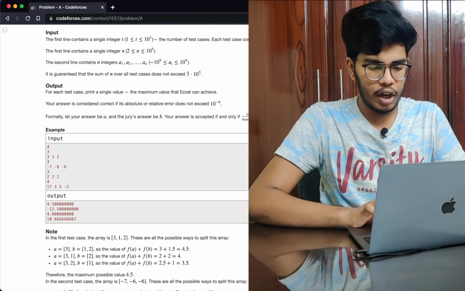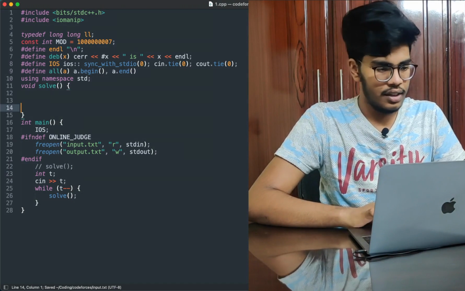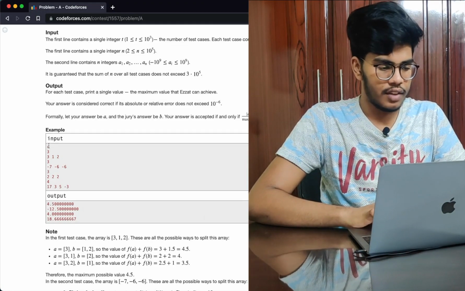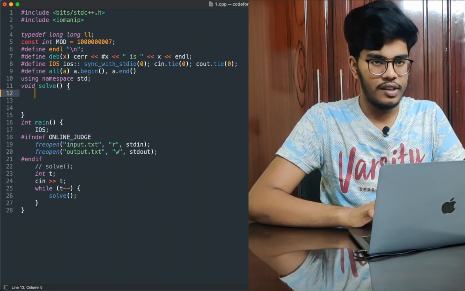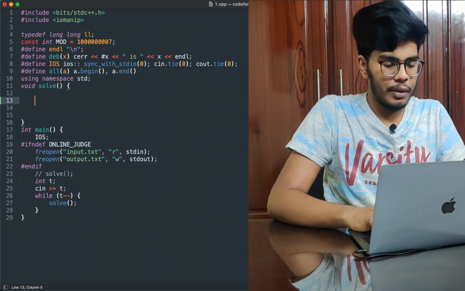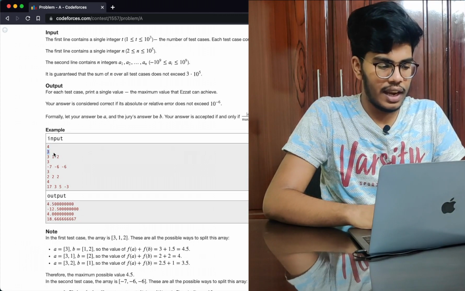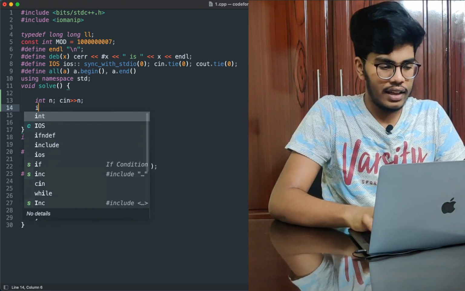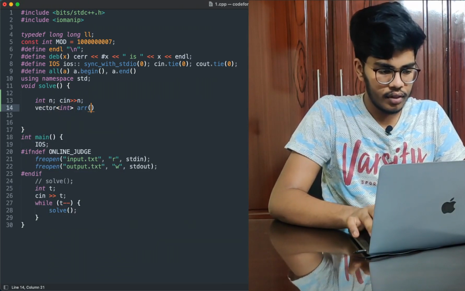So this is the question. Let me copy the test cases to our editor. I'll copy the test cases here, and there are t test cases in this given question, and for each test case I am solving this function, which is void solve, that I have written here, right? So let me write down the start. For each test case we are given a number n, which is the total number of elements in the array, and then I have to declare an array, right, of size n,